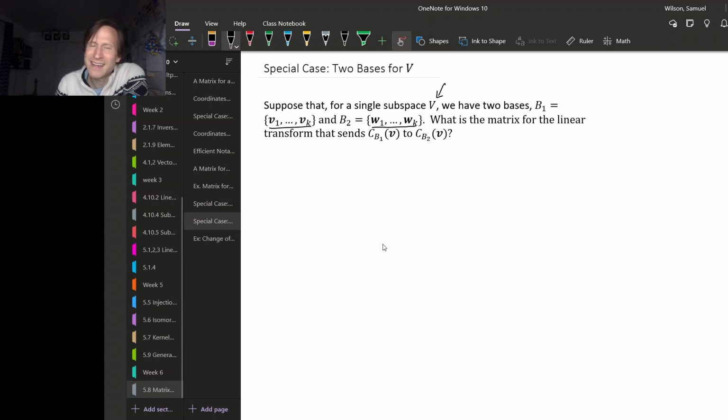So in this case, we have the coordinate map relative to our first basis that goes to R^k, but there's also a coordinate map relative to the second basis that also goes to R^k. So there's no linear transformation. What is it that connects these things? Well,